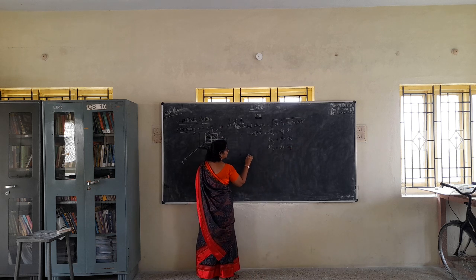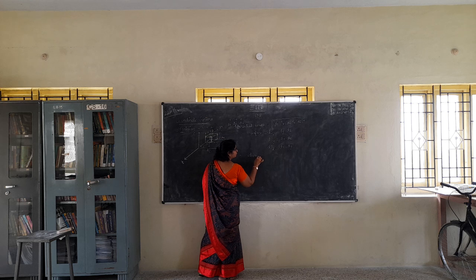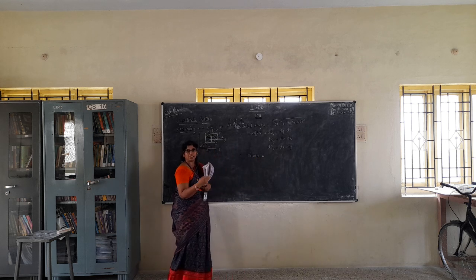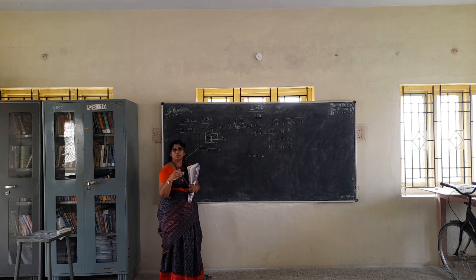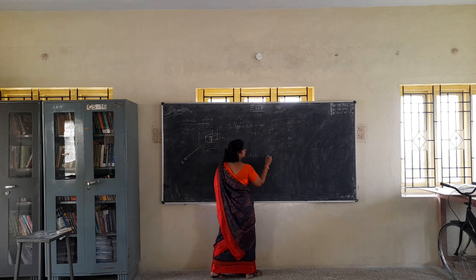Third one, differential volume. So what is volume? Length into breadth into height. We will consider all three axes. Okay? So differential volume will be